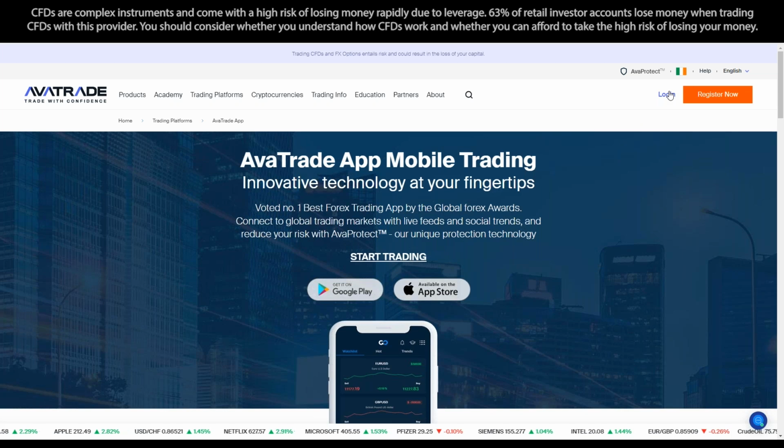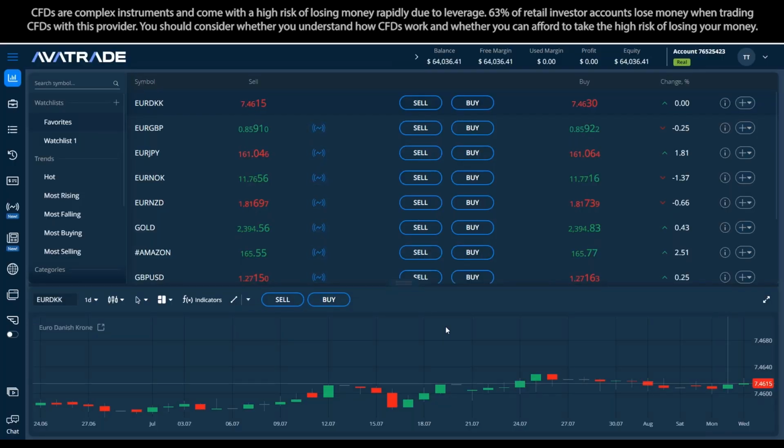Now, if we log in from the upper right corner of our main website here, we'll be in the web trader. And today's focus is technical analysis, but it makes sense to talk about the fundamentals a bit before jumping into the technical analysis. I always like to say you want to get a feel for which way the wind is blowing, so to speak, in terms of the direction that you think the price movements should go from a fundamental perspective, and then use the technical analysis to kind of zero in on your preferred entry and exit locations and to see if even the price is at a spot that's opportunistic for you or not